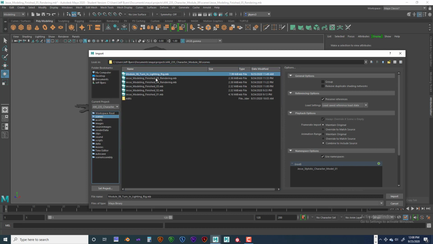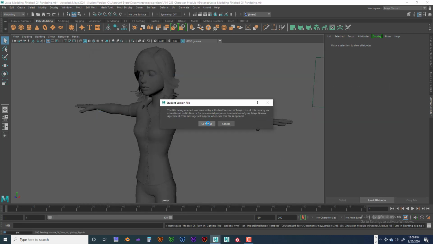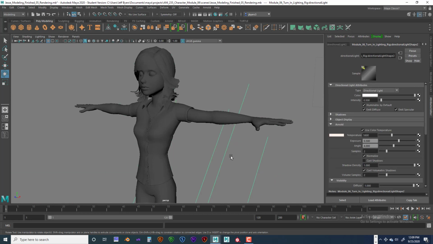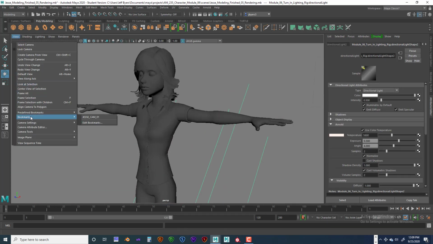So if you don't see it, then you're not in this area here. So scenes, and there it is. It popped up. So I'm going to click on it, import it in, go ahead and continue, and there it is. Everything's set up for you how I want it lit. Okay, so I even set up a bookmark,